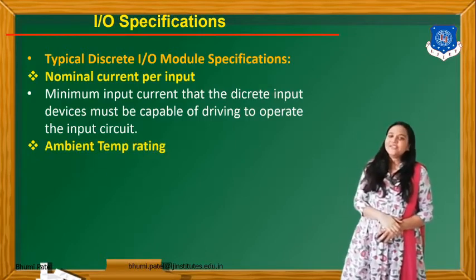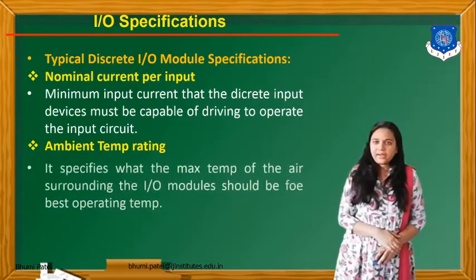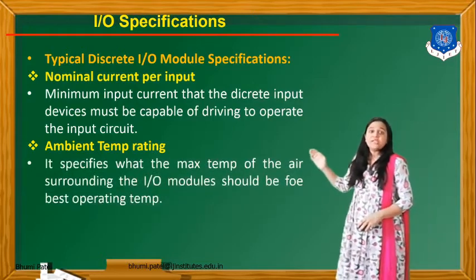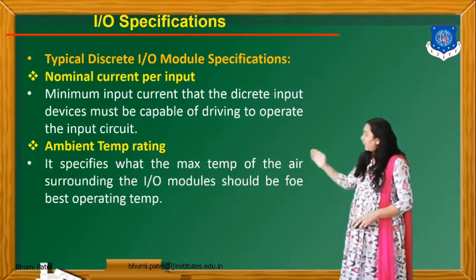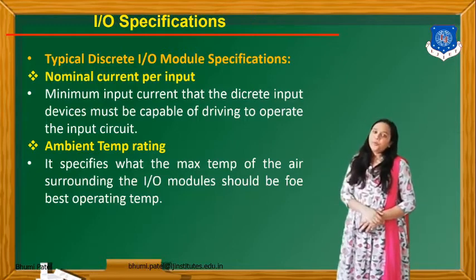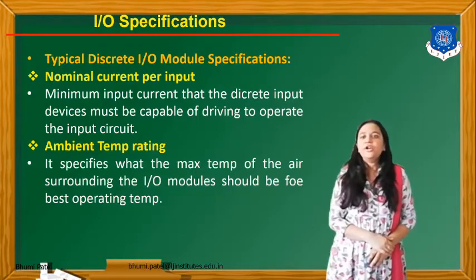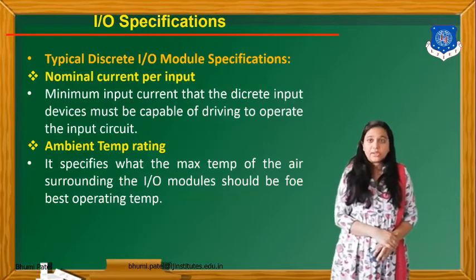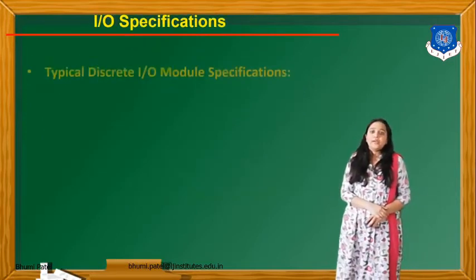The next one is the ambient temperature rating. It specifies what the maximum temperature of the air surrounding the output module should be for the base operating temperature. And the next one is the